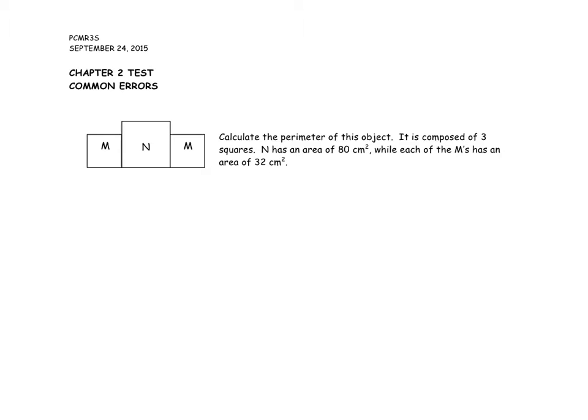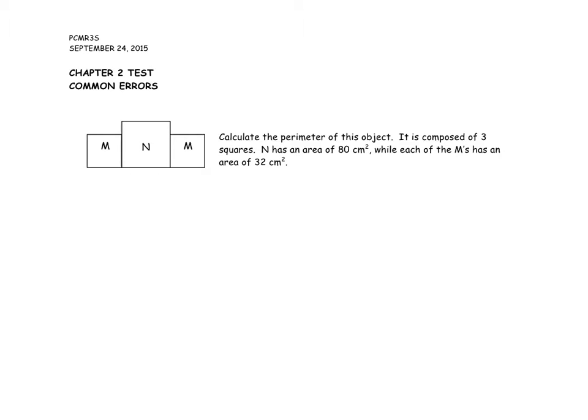Okay, first we'll start with this question here, finding the perimeter of this object. So the definition of the perimeter is basically the lengths around the object. So my highlighter here is outlining the perimeter of this object. Okay, all we've been given as information is the area of n and the area of m, and we know